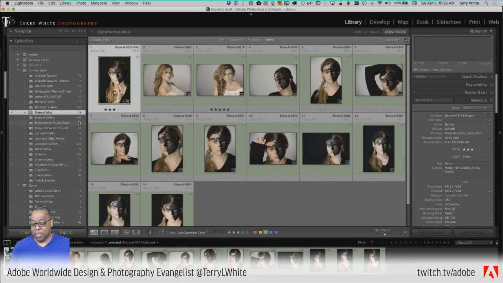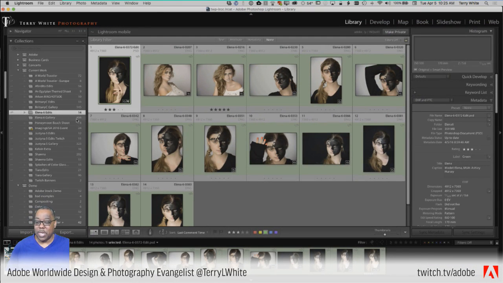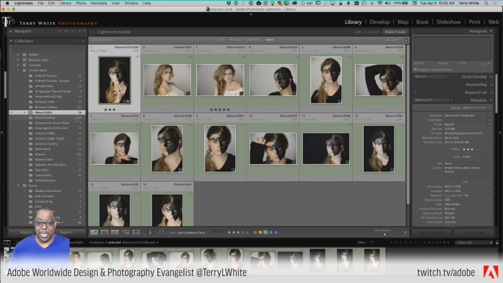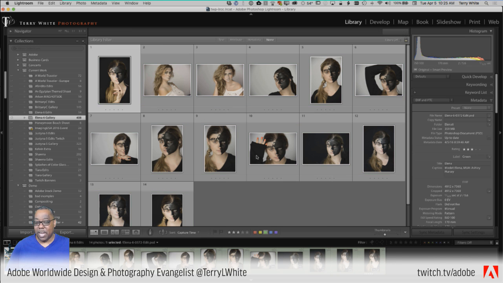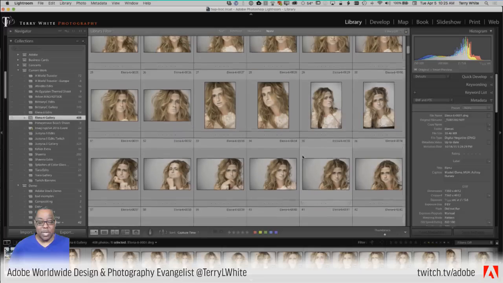But then there's a bigger gallery of 408 photos. Those are the ones that came out of the camera that I ended up keeping for the selection process, meaning I got rid of all the bad ones, the ones with the eyes closed, the ones where the flash didn't fire, all the ones that were automatically discarded, meaning I'm not going to ever use them. And then I ended up with 408 left. So if I go to that collection, we'll start to see all 408 of those photos.